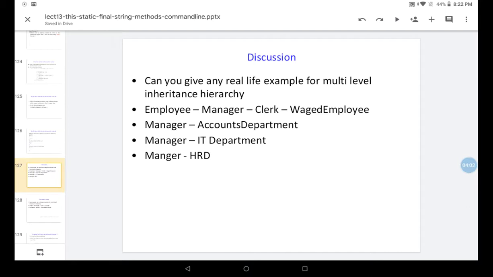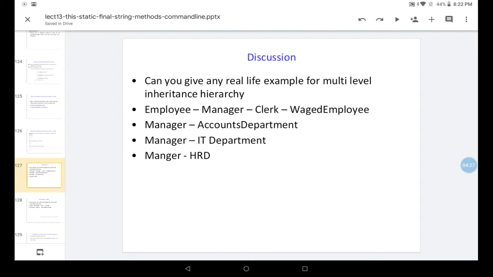Can you give any real life examples of multi-level inheritance hierarchy? Let's see. If you look at real life, you can see employee and manager. Employee is the superclass or base class. Manager is the subclass of employee.